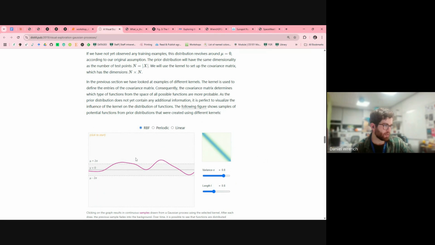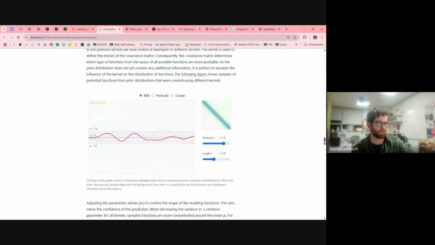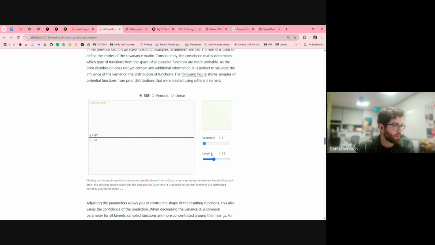And we can see that here. Can we add points? Oh, we can add points. So this is just our very boring radial basis function, which is just a smooth drop off. And hopefully we should see, as we bring this variance down to 0, it looks a lot like white noise. It does indeed. In fact, it's just entirely flat. So very boring.